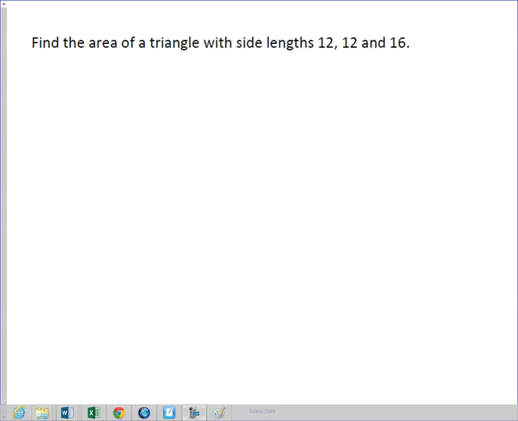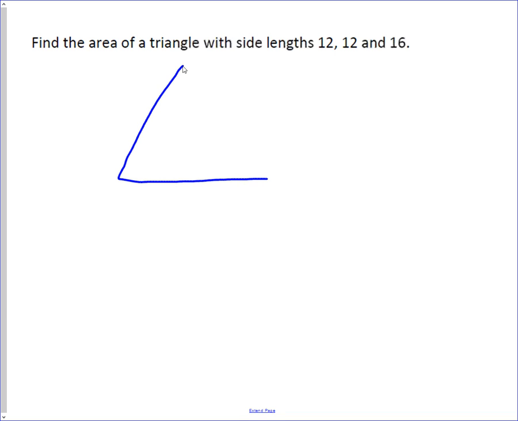In this problem, we're asked to find the area of an isosceles triangle, and you're given the integer side lengths for this isosceles triangle. You might be tempted to use what's called Heron's formula, which would be an okay way to do it, and a successful way to do it. But it's also important to know a little bit more about isosceles triangles, and that is when you draw in